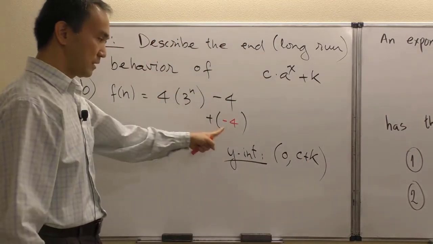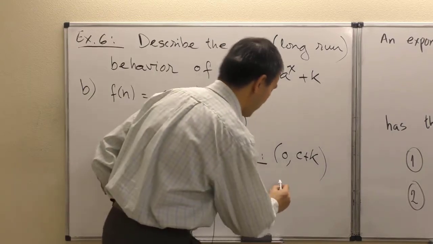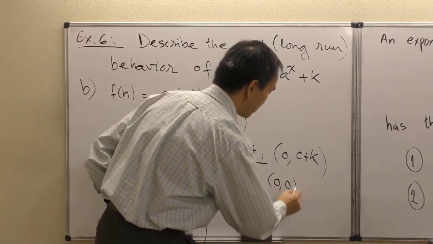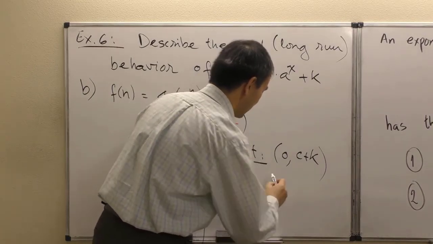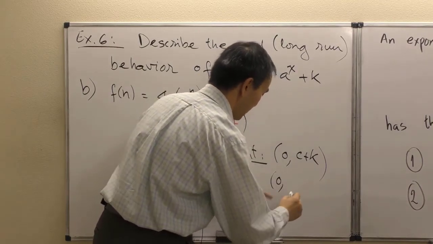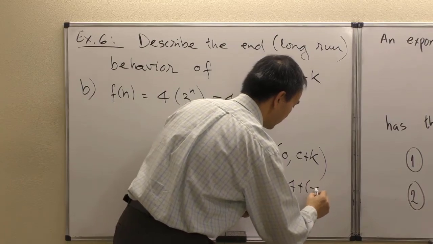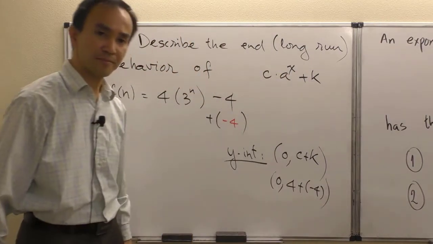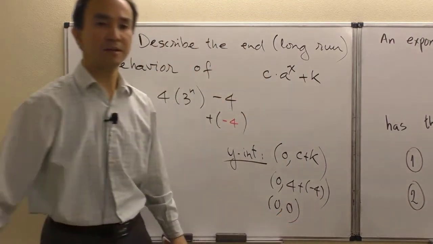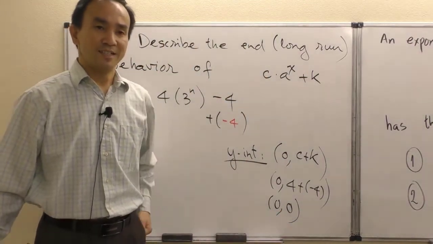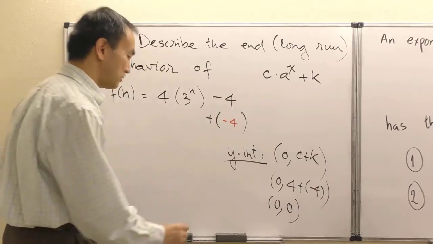C is here, k is here. So that means we have a Y-intercept at 0, comma 0, because I shouldn't rush your understanding. So 0, comma 4 plus negative 4, okay, c plus k. That's why I wrote down 0, comma 0 earlier. That's the Y-intercept. All right, what about the horizontal